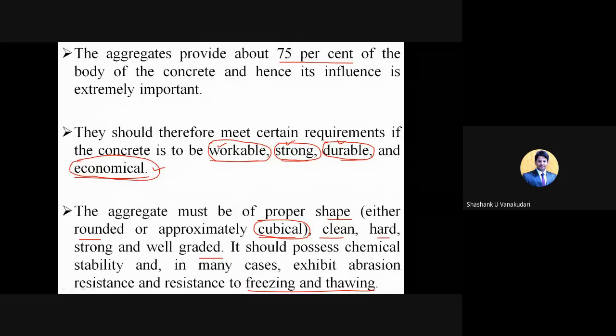So this freezing and thawing, what does that mean? In cold countries and all, the concrete structures will be there. For example, you can take this as the concrete structure, made by aggregate, sand, cement portion like that and all, right? Suppose certain gaps form in between these structures, this gap. So at that time, moisture will come and settle at this part, where the moisture molecules will come and settle.